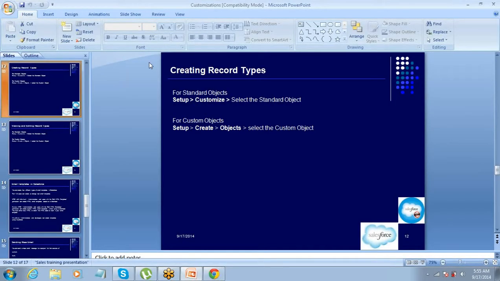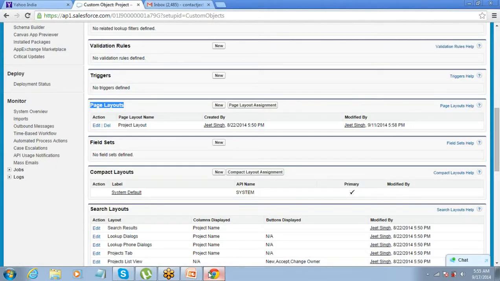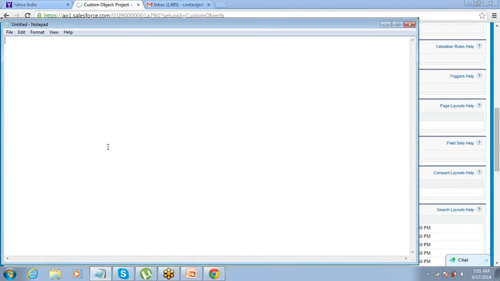So let's create a record type. For example, we have created this project object.